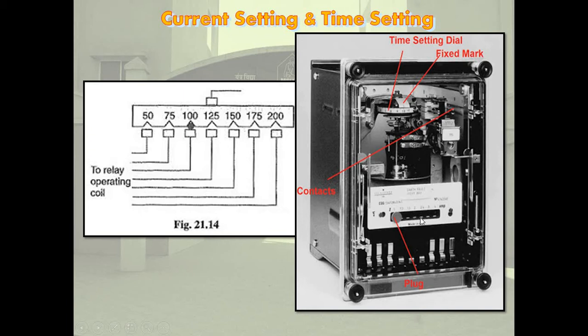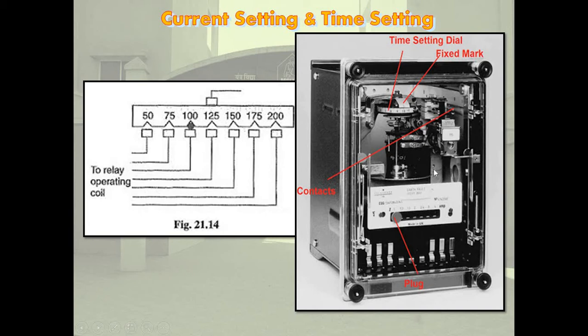For example, let us suppose that the setting for the overcurrent relay is kept at 150%, and the CT ratio is 500 by 5. So the rated secondary current is 5 ampere and tapping is 150%. The pickup current will become 150 divided by 100 into 5, so pickup current is 7.5 ampere. Hence the relay disk will start moving when the relay current becomes 7.5 ampere or more.